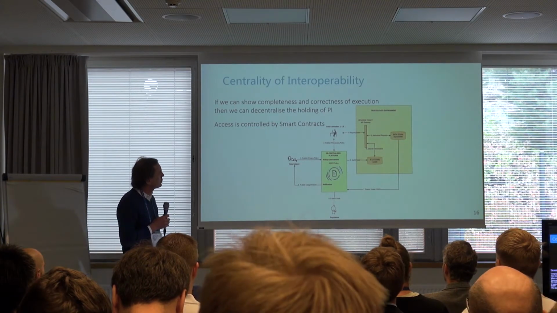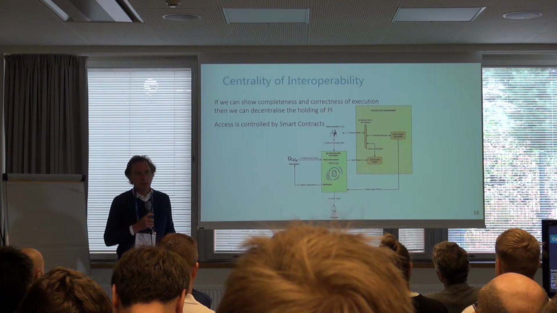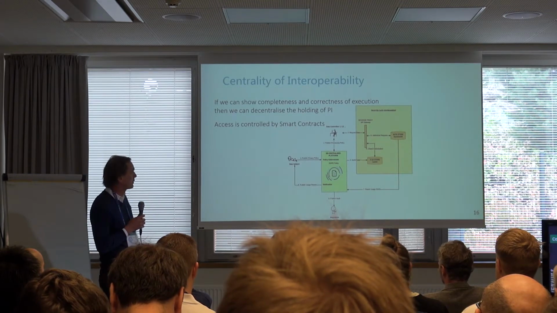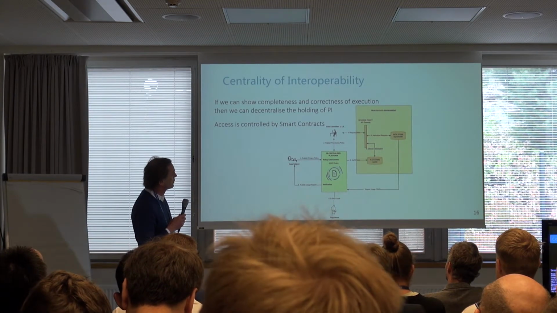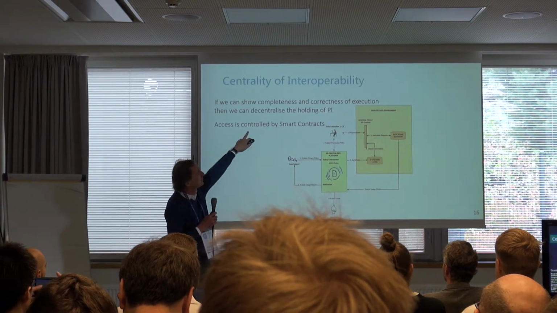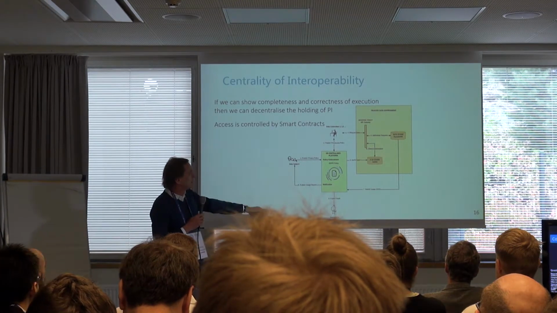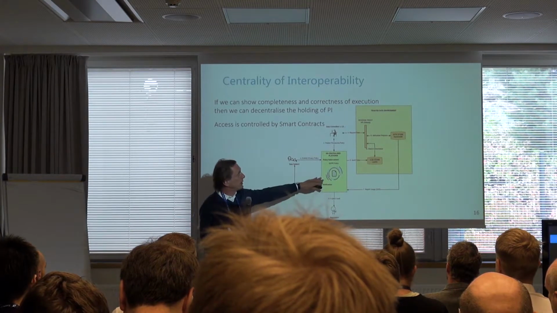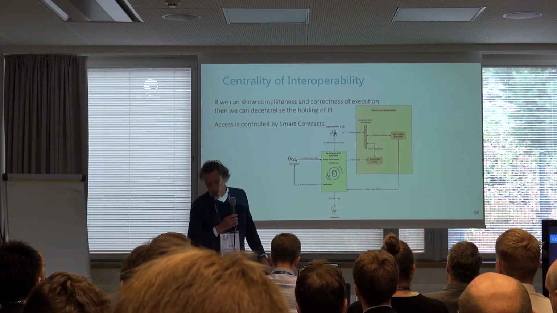And then, if we can show completeness and correctness of execution, i.e. that we are doing those compliance checks, checking those permissions against the GDPR and then those permissions against consent, we can decentralize the holding of personally sensitive information. Because then we can do all the subsumption checks, the compliance checks, in smart contracts, if we implement this on the blockchain. So effectively, we can implement all the checks here, which then enable the analytics on the data in some kind of cloud-based environment.